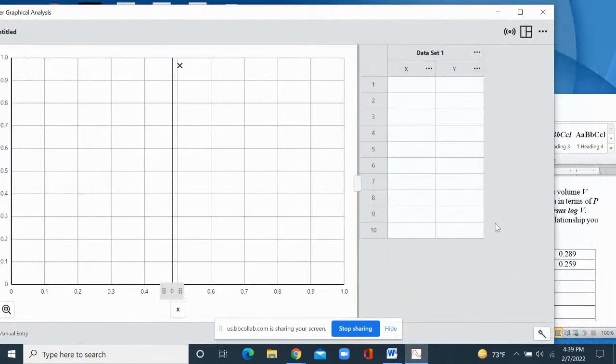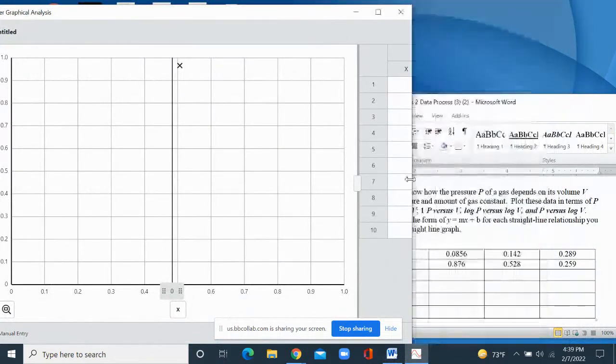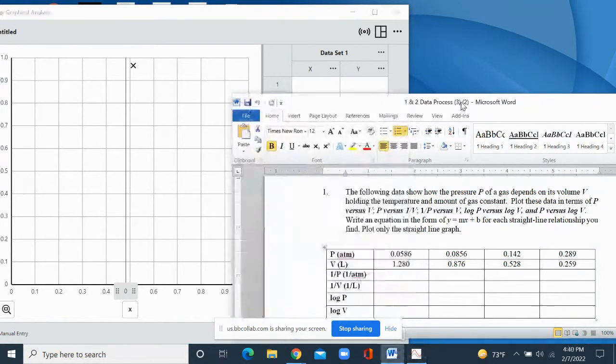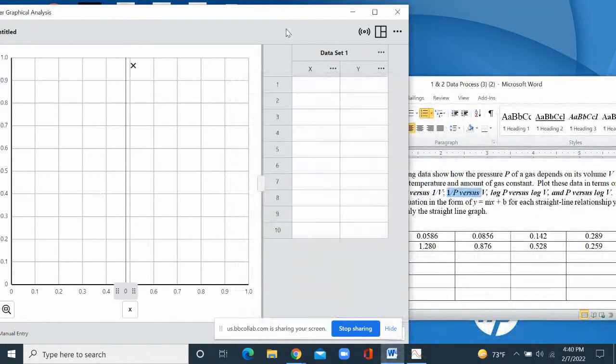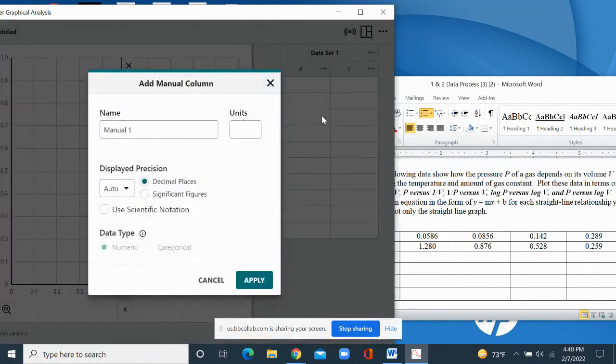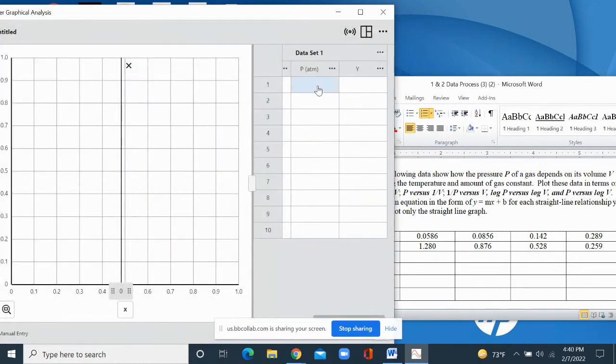As you can see, to input the data, on the x-axis this is going to be P and V. Okay, so what will you do? Add manual column. Here the manual one, this is P, so the unit is ATM, and apply, and the data are